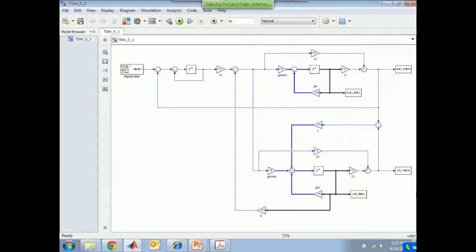If I've taken the feedback from here instead of here, it will be a slight improvement in performance, yeah. Just coming back to your question for a moment, of course, if you didn't have the estimator, if you were able to measure all of these states, you'd have exactly the same contribution, the same problem. You'd have quantization error no matter which signal you fed back. You've got to feed something back.